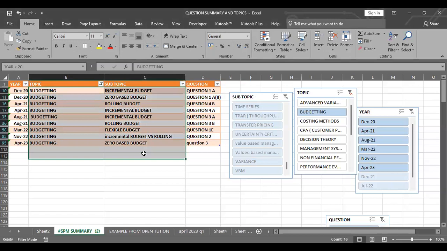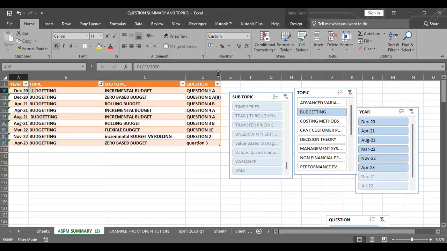So there are questions on budgets. You could see them. This is a list of them on Excel here. I don't know if you're on Excel, but this is a budget. It is December. There's something on incremental. There is a zero-based budget. Most of these are theoretical issues. They asked on that. Rolling budget was calculation. This is theoretical. This is theoretical. Rolling budget was calculation. Flexible is a little bit of arithmetic issues.